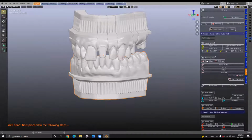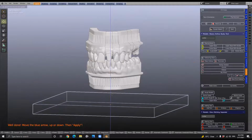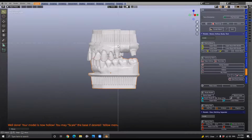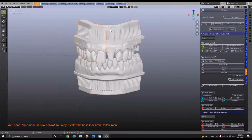So make hollow, and then we're going to click on hollow, and this time we're going to take the tool away from the entire thing, and we're going to apply it. So this cutting tool, we're going to move that out of the range like that, and apply that. We know now that it's hollow on the inside. We'll just wait for it to apply. Okay, so if we look at this, we can see it's hollow, which is quite awesome. So if we had to cut this one,